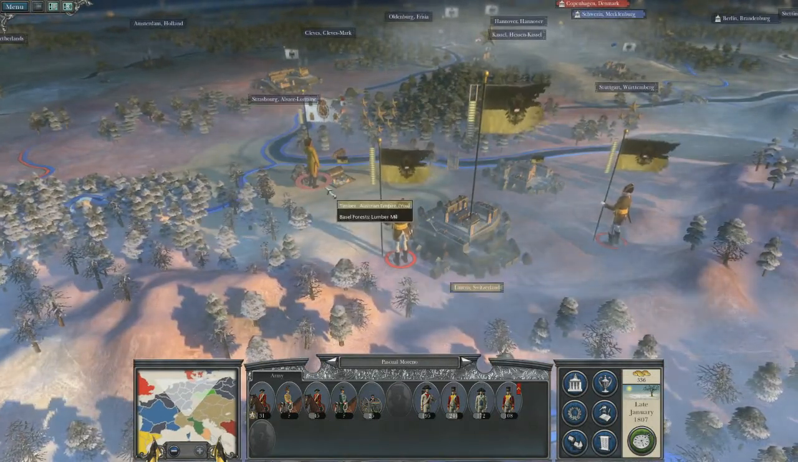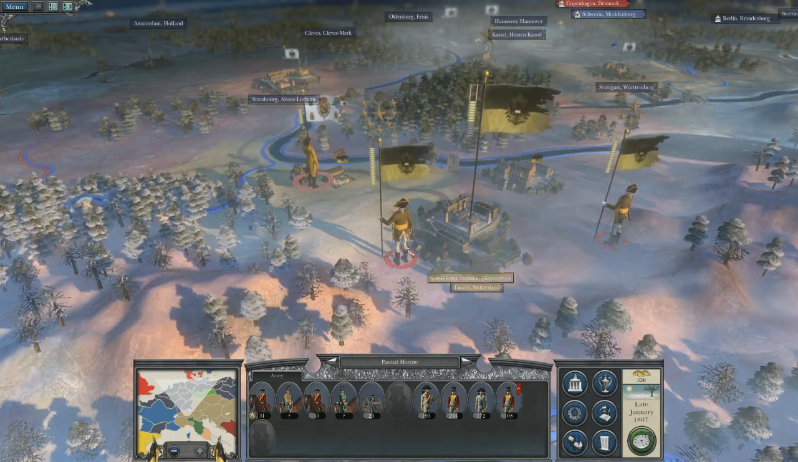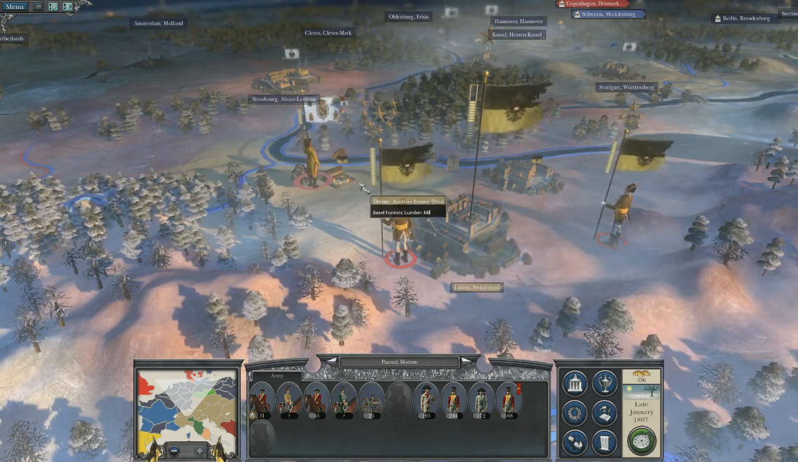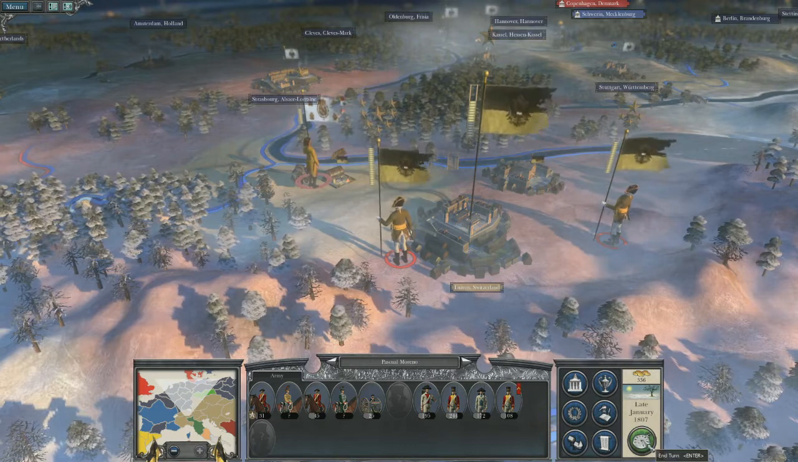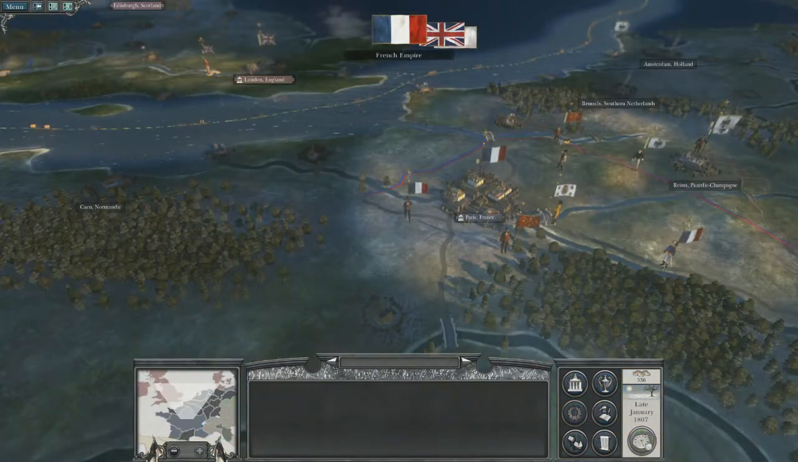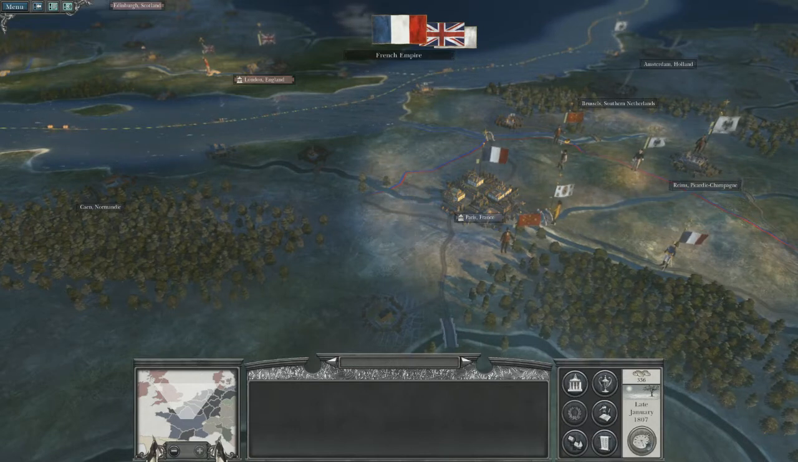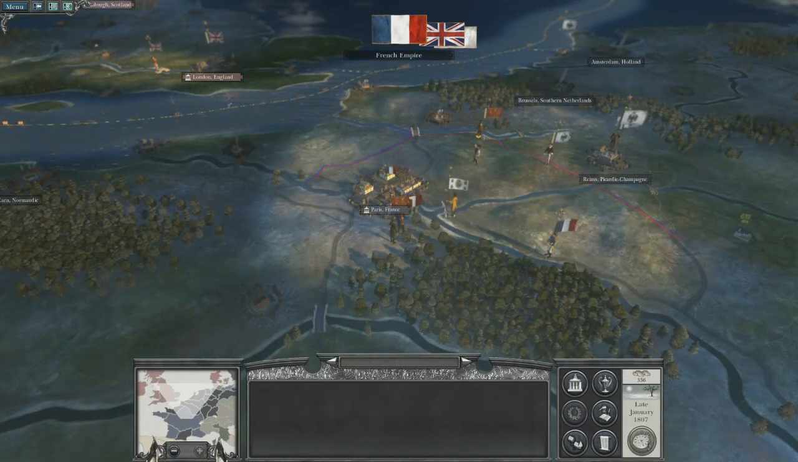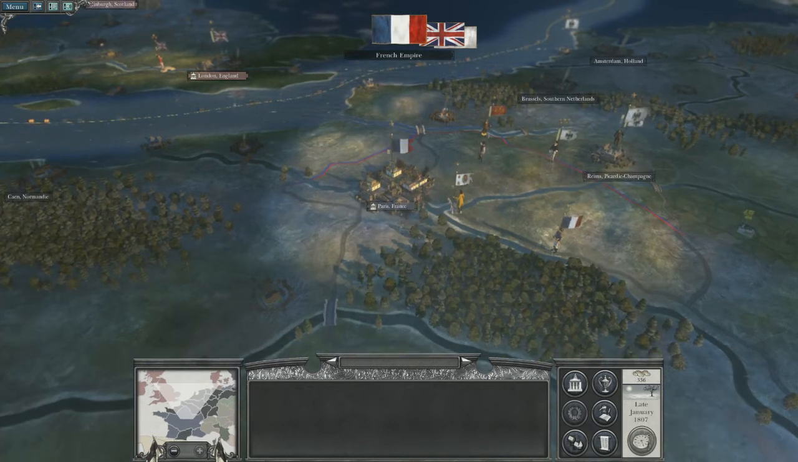I want to literally completely wipe that army out. So if he does not get too far away, the next turn I will send that guy after him and that guy after him to finish him off completely. Let's move on to the next turn. Now, if you want things to speed up, press the spacebar. And you can see here, the French